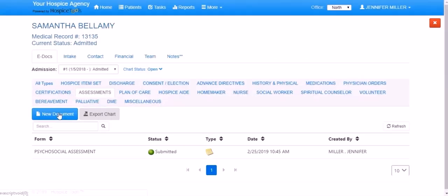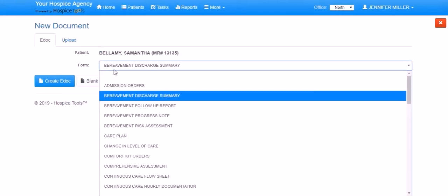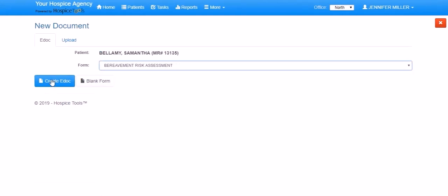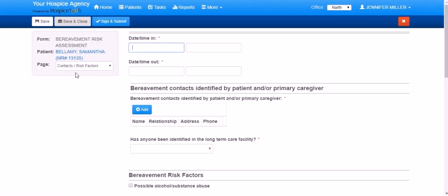We're in our patient Samantha's chart, and if we go to Create eDoc, we see a number of bereavement notes that are available. Let's first look at the Bereavement Risk Assessment. Hospice bereavement assessments can be done within the standard comprehensive assessment form. There's a portion on bereavement in the comprehensive assessment that the nurse can document at the visit. But for a more targeted bereavement risk assessment that a chaplain or social worker would complete, this would be the